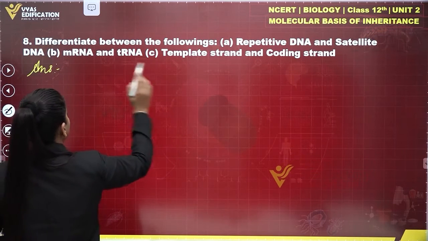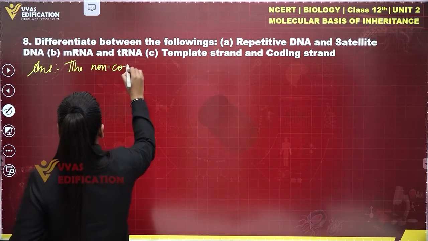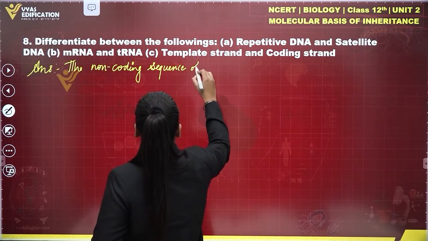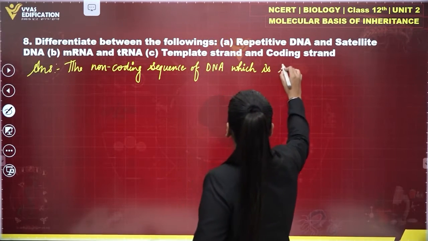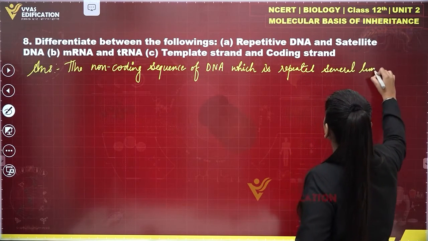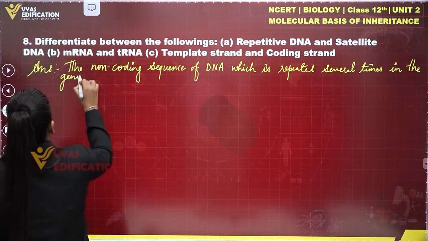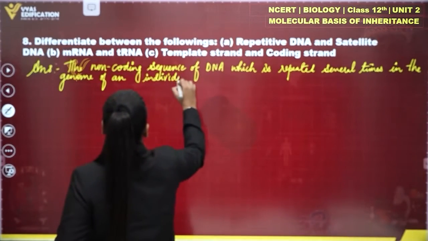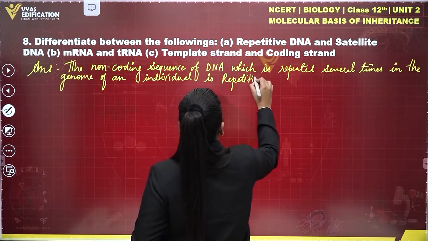First we will differentiate between repetitive DNA and satellite DNA. So the non-coding sequence of DNA which is repeated several times in the genome of an individual is repetitive DNA,